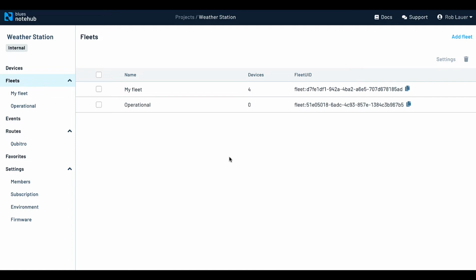Again, there is just a crazy amount that you can do with the Notehub APIs, and you can combine that functionality with the UIs provided in Notehub.io to really fully manage and scale up your project. That's enough of me talking. What I'd really like to do is hand things over to TJ to have him show off some of the routing capabilities of Notehub to Qubitro.